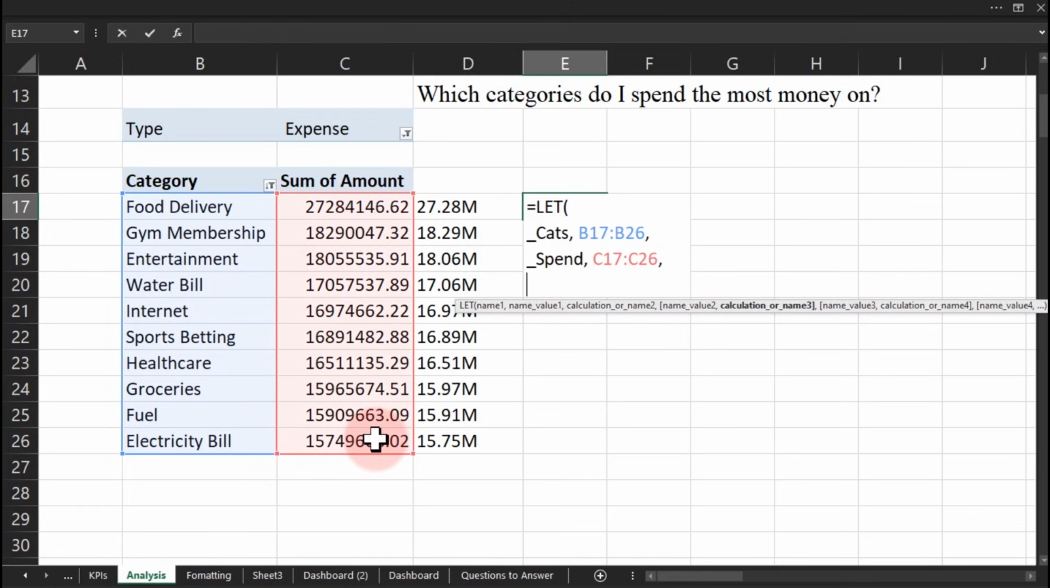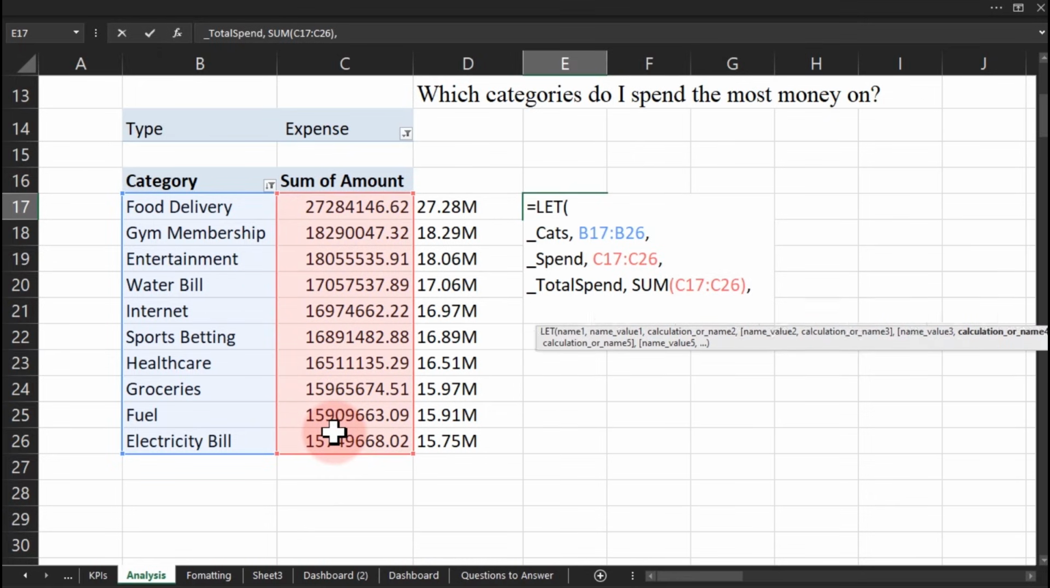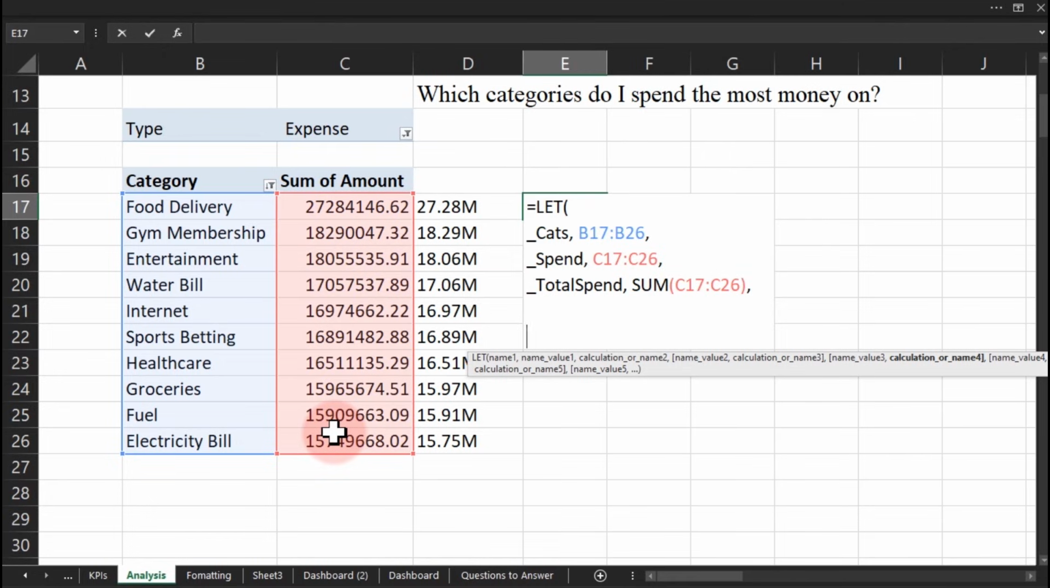Once we have done that, the next thing we have to do is the total. So underscore total spend. The SUM function will do that for us. We have done this before. In case I'm too fast, don't worry about it because we have already done this before. Once we have done this, let's go one more to separate it. The next thing we have to do is the top. So I'm going to do underscore top